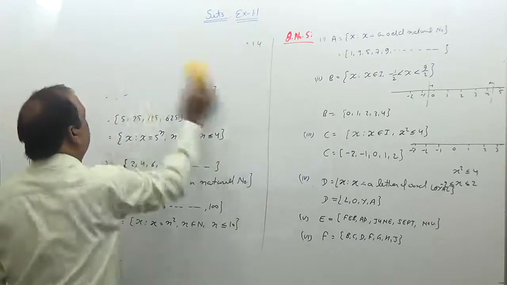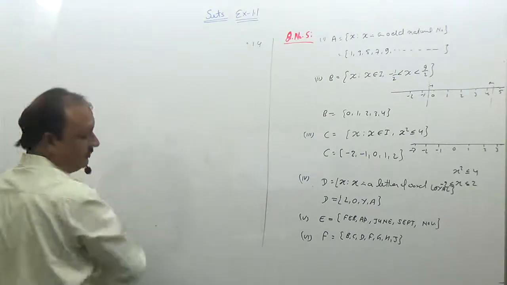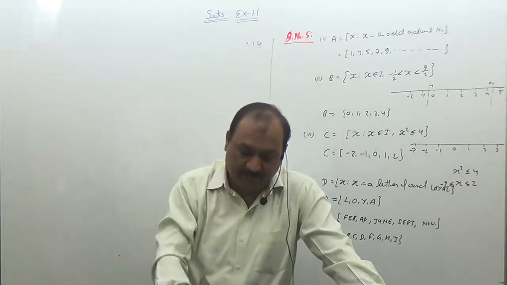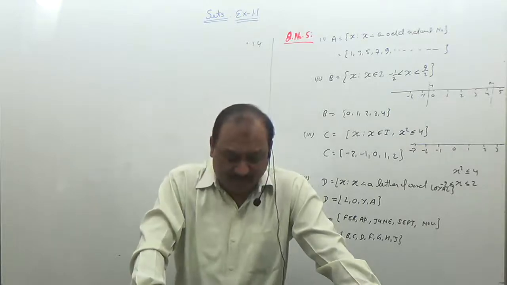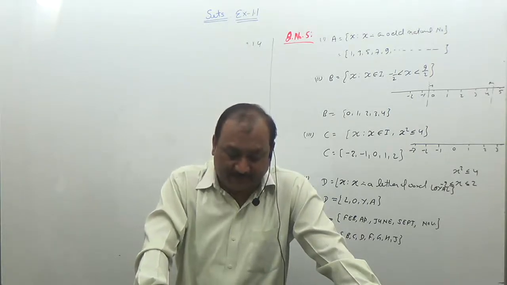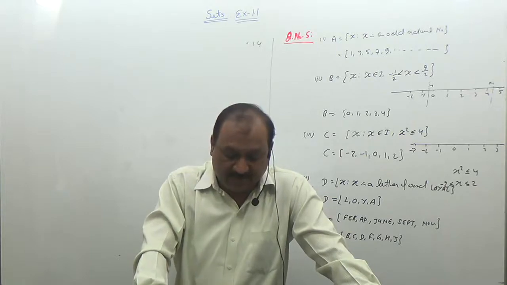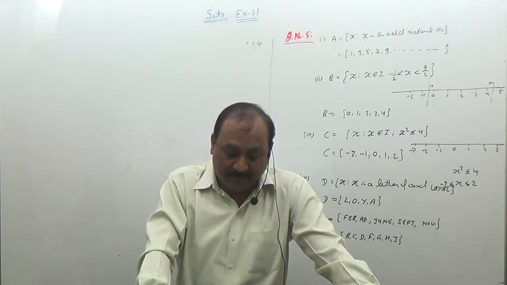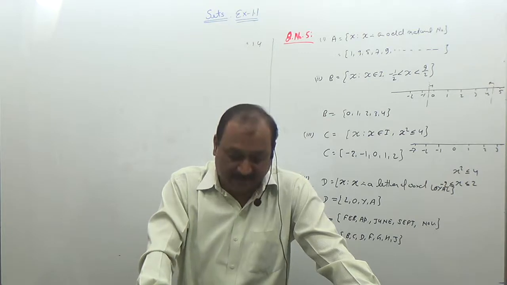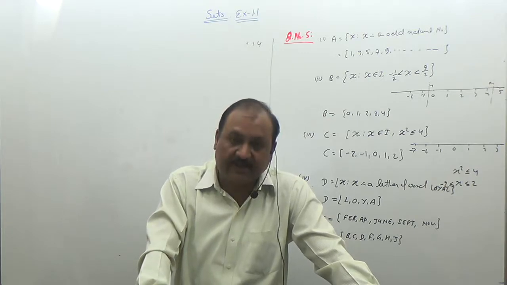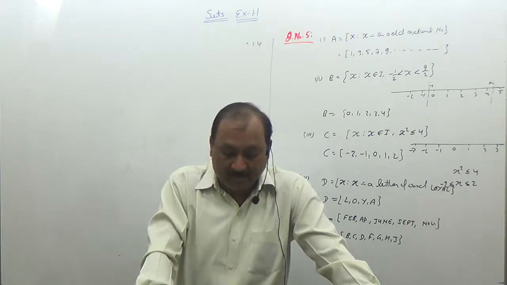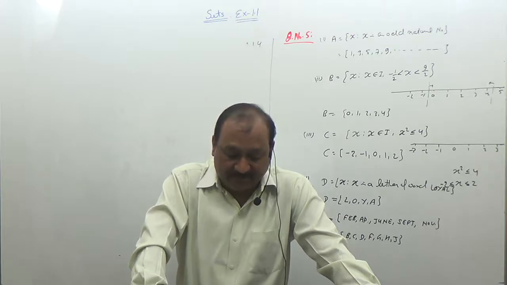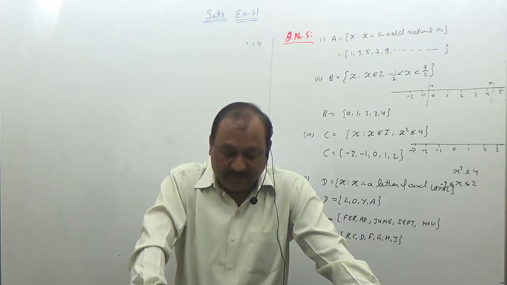Question number 6 is match the following, or this is a verbal question. In the first part there is a set of elements 1, 2, 3, 6. The second set is of elements 2, 3. The third set is the elements of the letters M, A, T, H, E, I, C, S. And the fourth part contains the elements 1, 3, 5, 7, 9. And on the right hand side there are some options given. The first option is X is a prime number divisor of this.